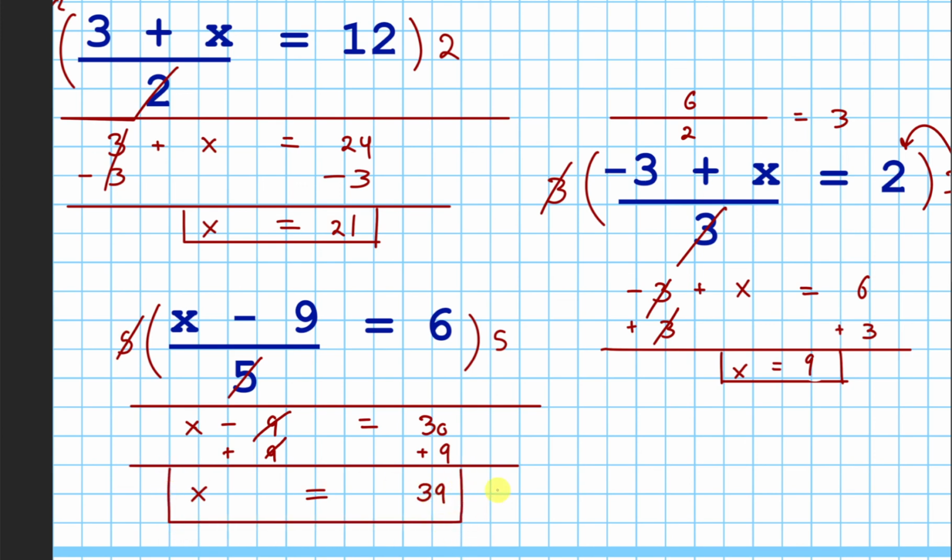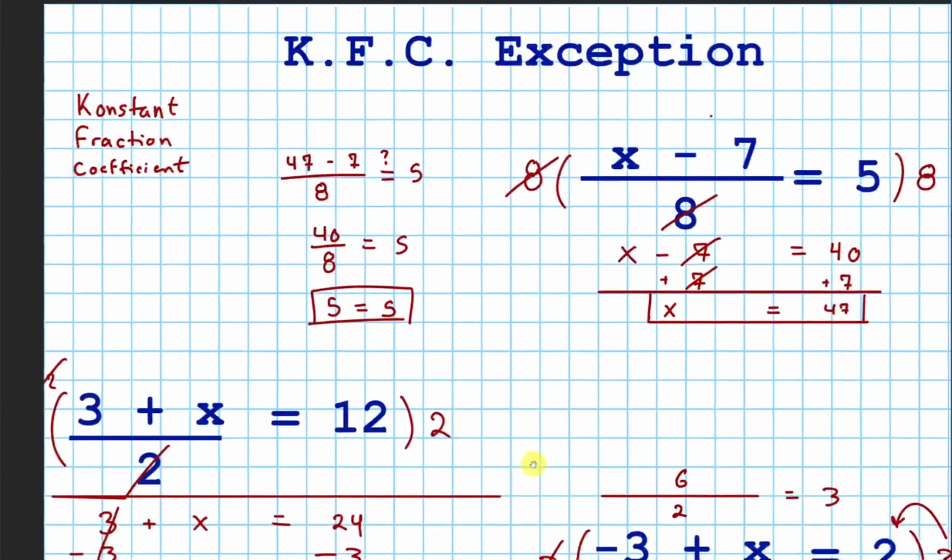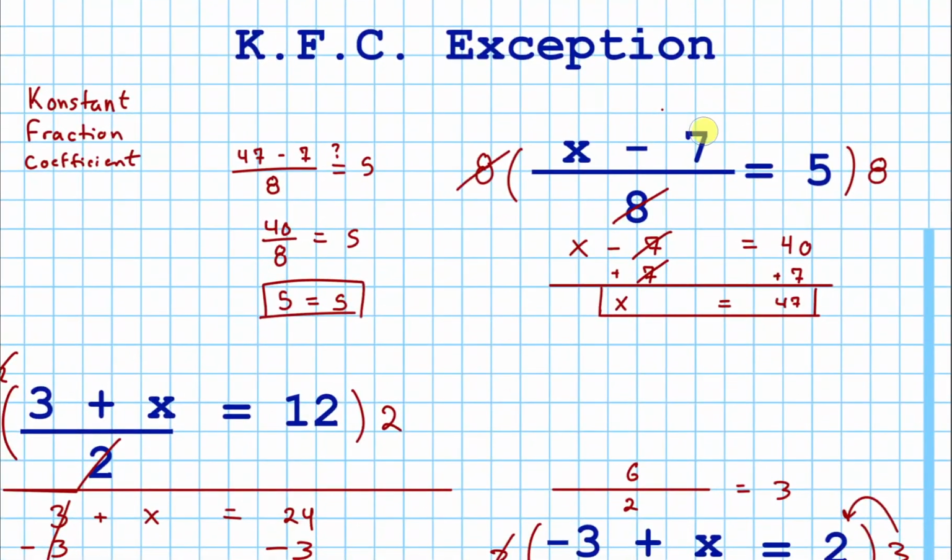And you know what? Just for funsies, let's plug it in. 39 minus 9 over 5. Does this equal 6? Well, 39 minus 9, that's going to get me 30. And 30 over 5, 30 divided by 5, gets me 6. So yes, 6 equals 6. Boom. All right, ladies and gentlemen, that's the exception to the rule. Everything else works just fine, but if the constant is over the fraction, get rid of the fraction first, then